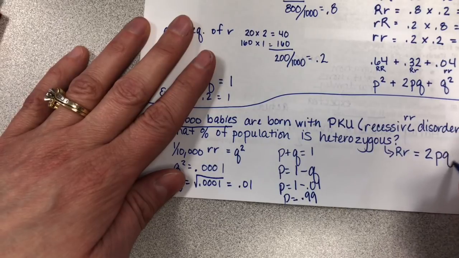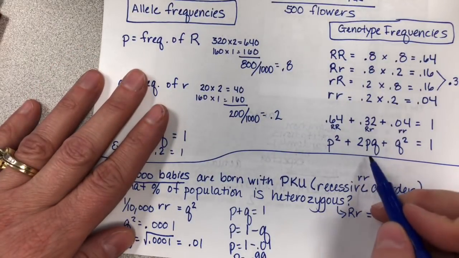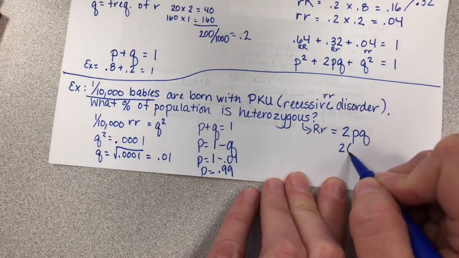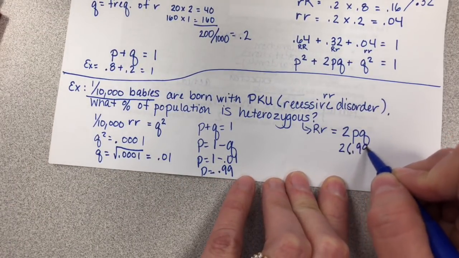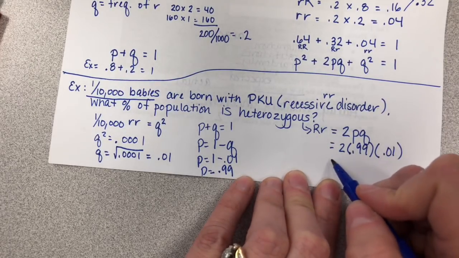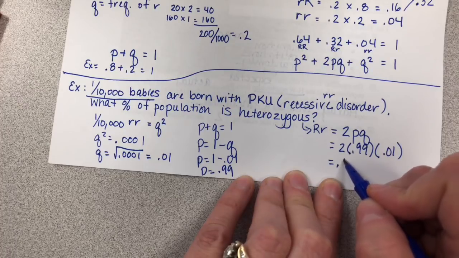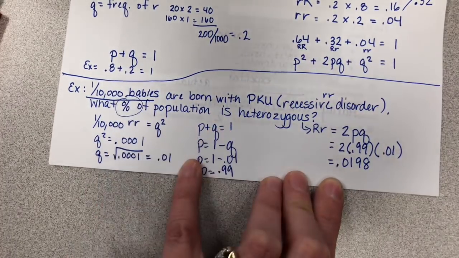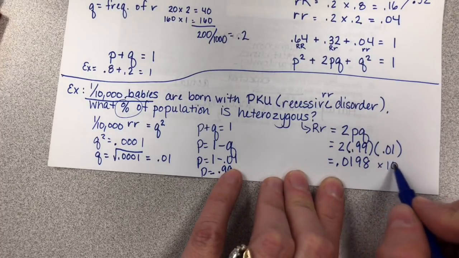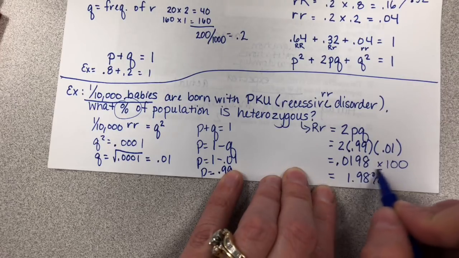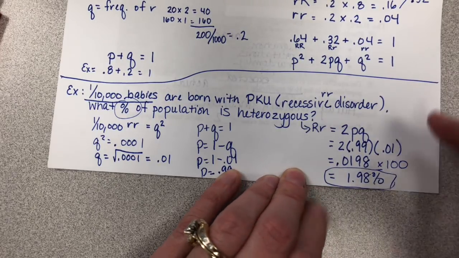Heterozygous is 2PQ. That's the equation for heterozygous. And so I just plug in my numbers. 2 times 0.99 times 0.01. What am I going to get? I'm going to get 0.0198. And I'm asking you what percent of the population. So to get a percentage, I'm going to multiply by 100, and I get about 1.98% of the population is